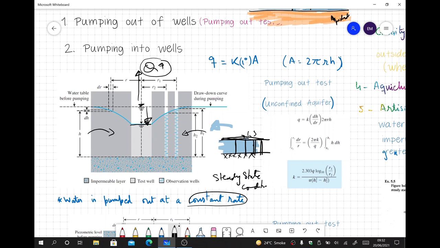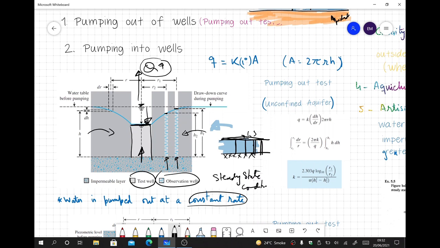So this hole is called a test well, and these small wells, this one and this one, are called observation wells. We will see what is the height of the water table in the test well, what is the height of the water table in the first observation well, and what is the height of the water table in the second observation well. So if we draw the center line of the observation wells, the radius of the well may be indicated as